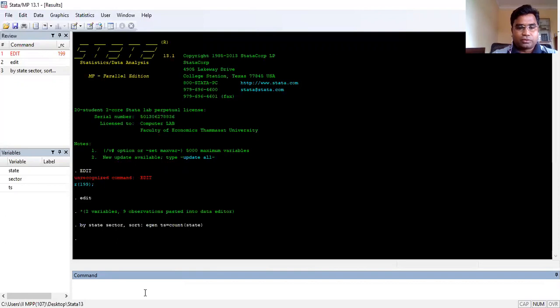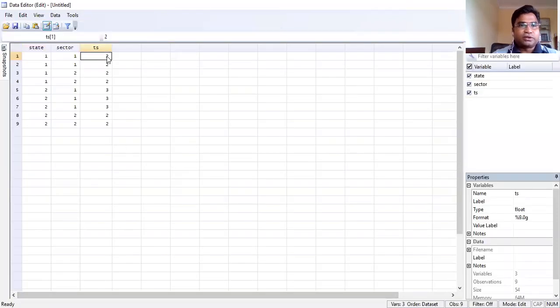So now if I want to see the table that got generated, let me show you the data once more. So what do you see? The total sample in state 1 which is for rural area, 2 are here, right? So the same number gets repeated. So basically what Stata does, Stata adds these two numbers, whichever comes from the rural sector, and then puts the number here in the new variable which is being created.